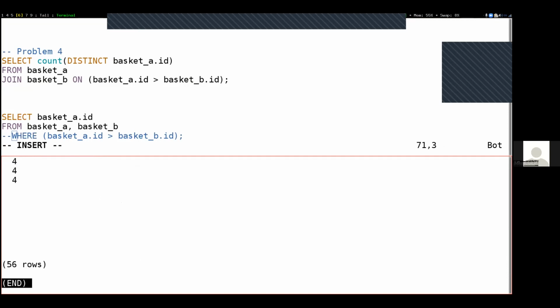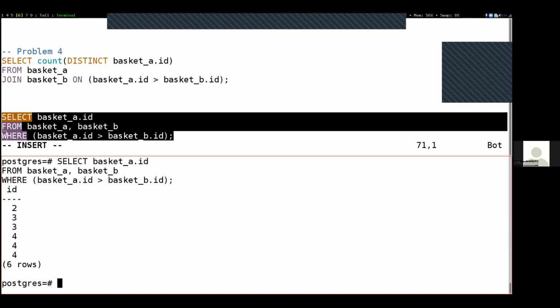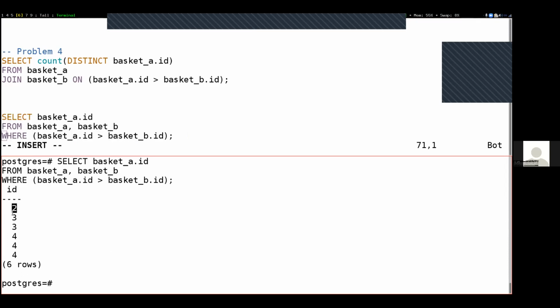So we still get the 56 rows, but you notice there's a lot of duplicate columns going on because we're only selecting right here the ID from basket A. And now in this WHERE clause, we'll be looking at whenever the basket A ID is greater than the basket B ID, and find all of those situations. I selected this clause in particular because there's not many. It really filters down the total list of things. And so here are the valid values of basket A where they can be greater than something in basket B,